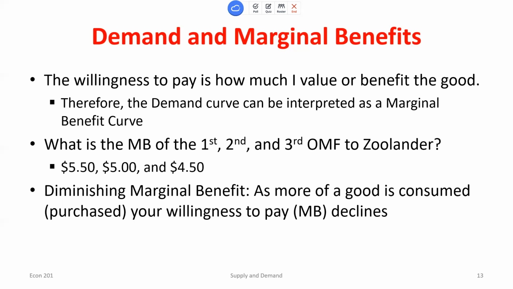So if instead I wanted to say, okay, what's the marginal benefit of that fourth unit? Well, this price really is reflecting the marginal benefit. So I can also think about the demand curve where that y-axis variable is not just telling me the price, but it's telling me the person's marginal benefit, their ability and their willingness to pay. So if I want to know the marginal benefit in terms of dollars, I said that this was price, but that's measured as the dollar value. If I want to know the marginal benefit of that fourth unit, all I do is